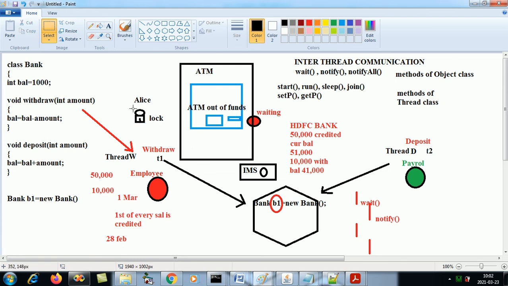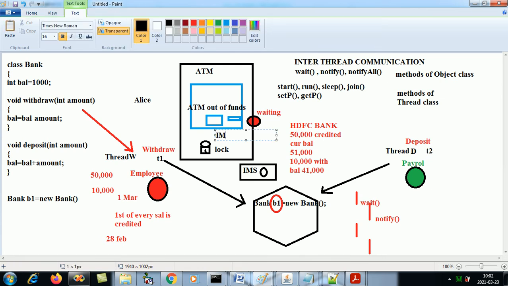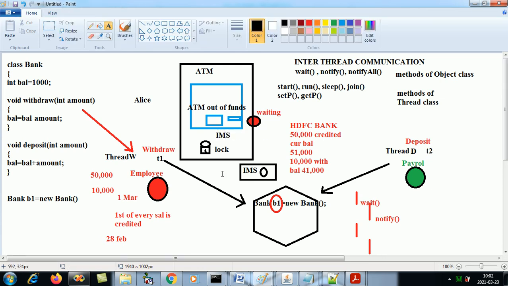This lock will then be acquired by whom? The IMS technician. This IMS technician now loads the funds. The board will be removed from here, and once the loading is complete, this IMS person will come out and unlock it again, right? Now it is unlocked again.